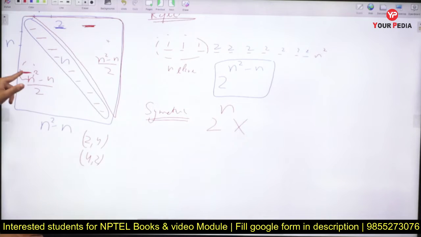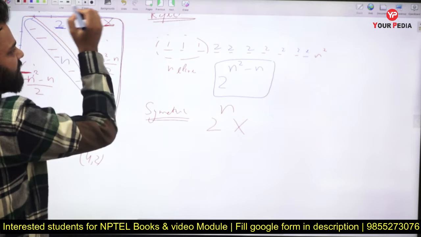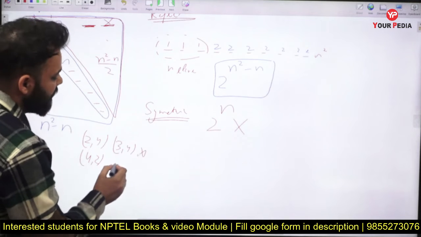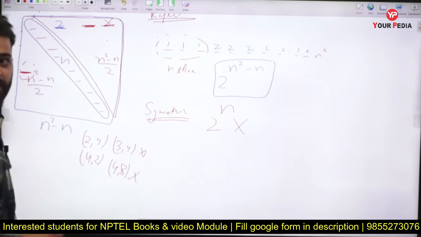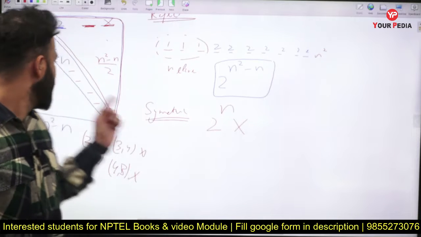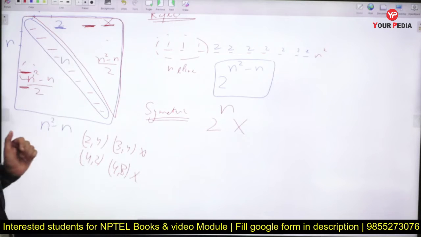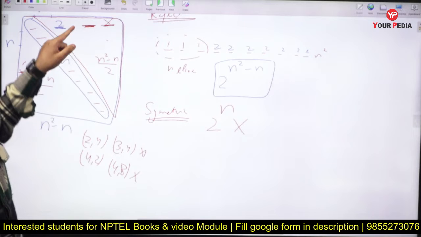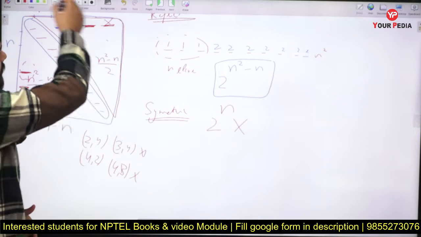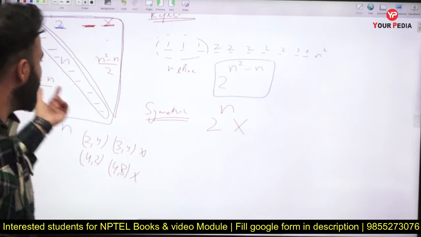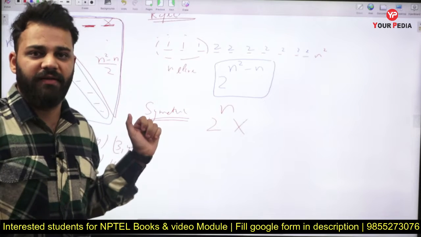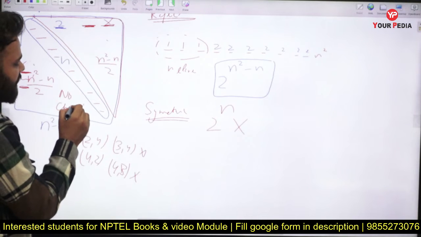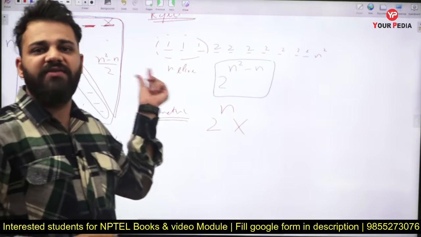So let's say if this element comes, this has to come, and let's say if this element does not want to come, let's say it is (3, 4). If (3, 4) is not in our relation, then (4, 3) can also be not present in our relation. So again, this element's presence will depend on this element. So let's say this element has two options. Now each of the upper matrix elements will have two options, and the lower matrix elements will depend on these upper matrix elements. So these will have no choice. Their choice will depend on these elements, and each of these elements will have two choices.